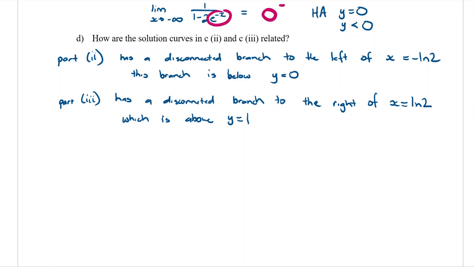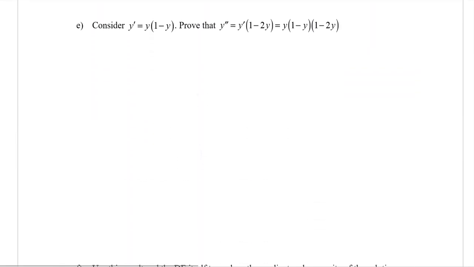All right. Okay, part E. Consider y dash equals y bracket y minus 1. That's our same differential equation. Prove that y double dash equals, and we have two different things there that we have to show. So if I want the second derivative,